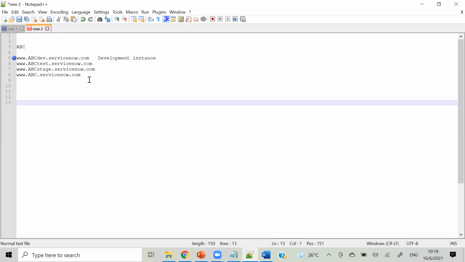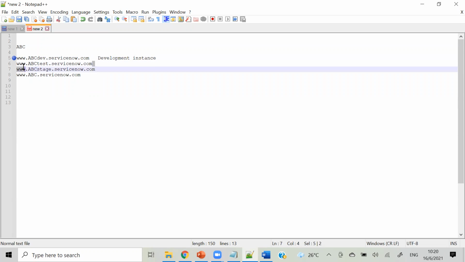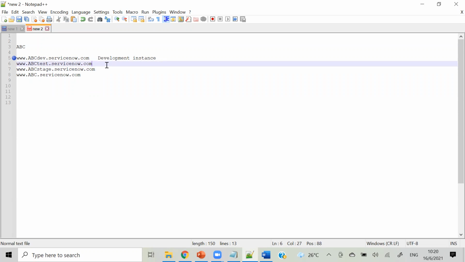If you have made some changes, like you have added some code which is not working and which is affecting production, there will be an option to back out your update set. For example, if you moved an update set from dev to test and something went wrong, in urgent cases you will have a backout option on the top. If you click backout on that particular update set, all the changes made because of that update set in the test instance will get reverted.